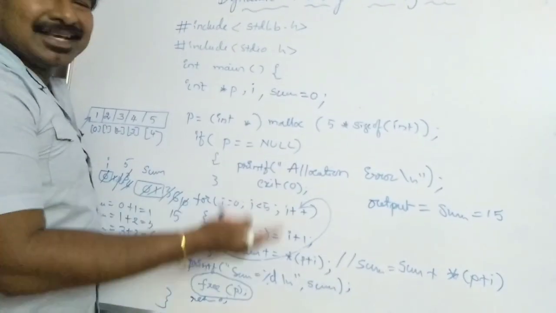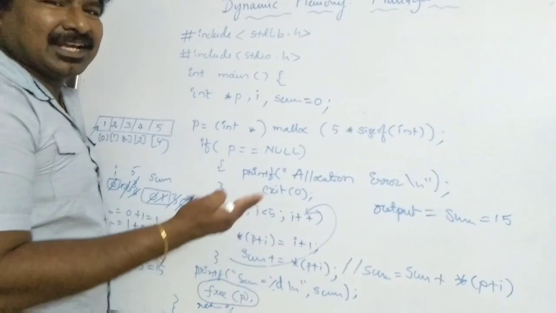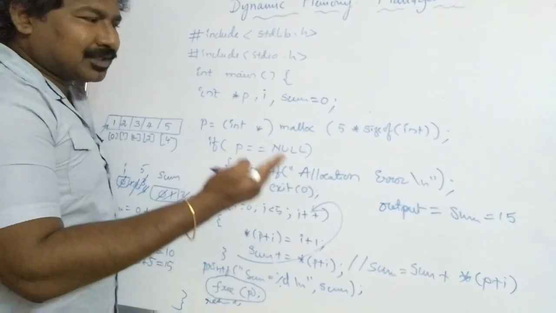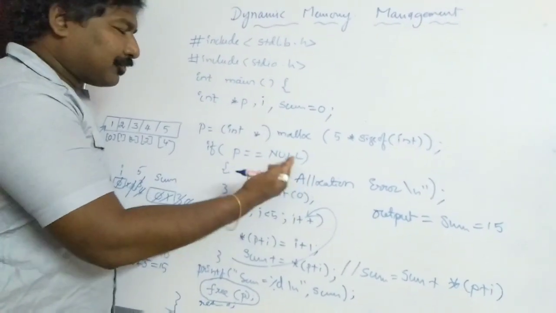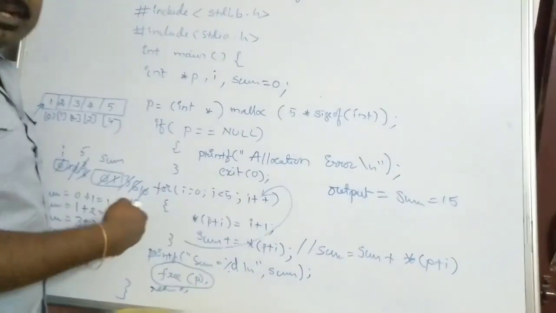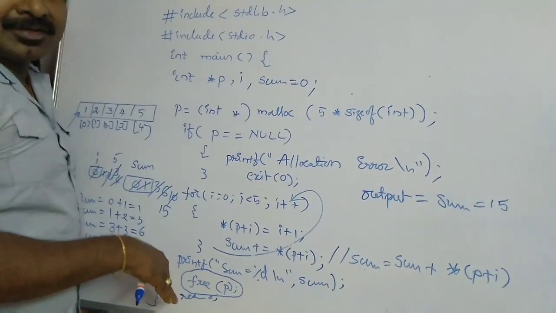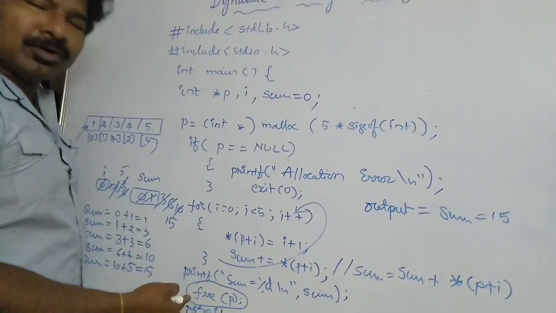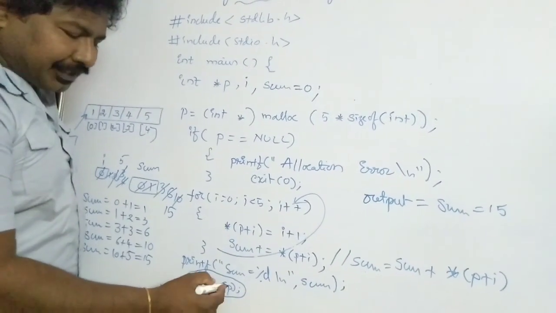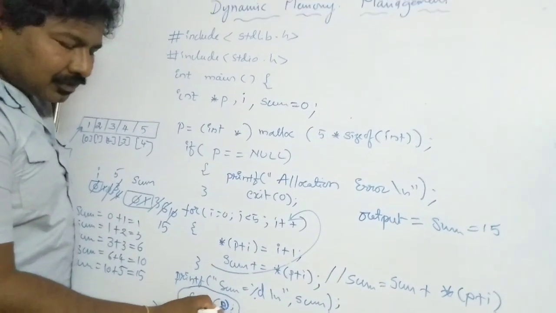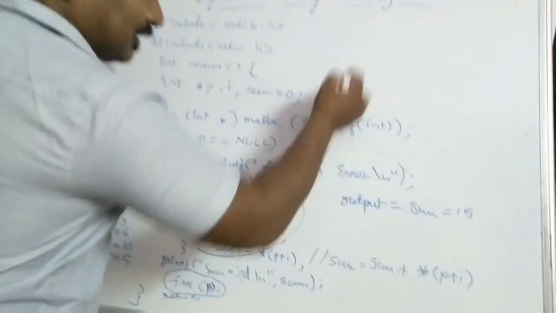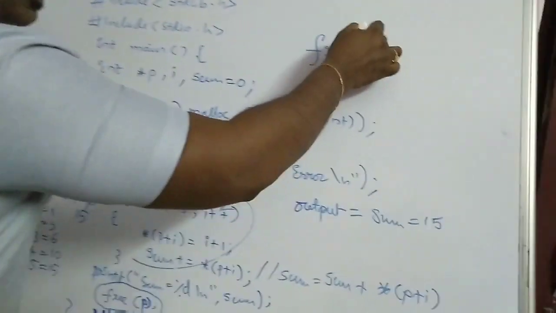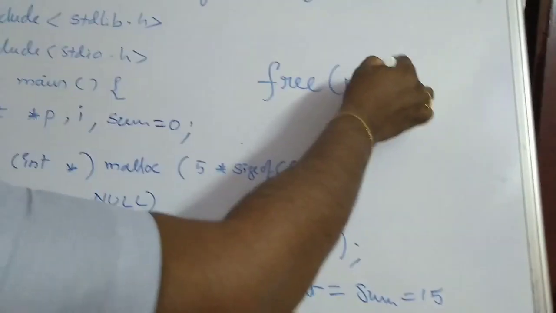That means in C language there is no automatic deallocation of the memory. So whatever memory we have dynamically allocated for the pointer should be manually deleted by the programmer. For that we have to use the function called free. So free(p), pointer name p. The syntax for the free method is free and the pointer name.